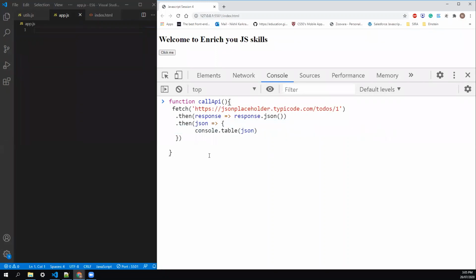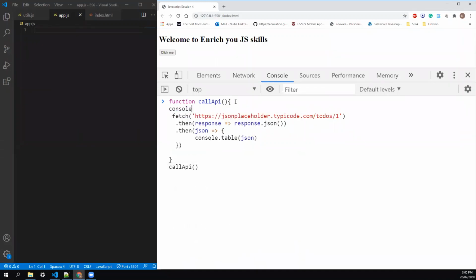Now we want to call this, we already know, just call it using the name and the calling brackets. But I want to see how much time this fetch API, or this service call, has actually taken. To achieve that, we have to use console.time and we'll pass the label. The label is the parameter used to differentiate if you are using many console timers. But if you are not using it, that is also fine, but I'll give a name, timer.